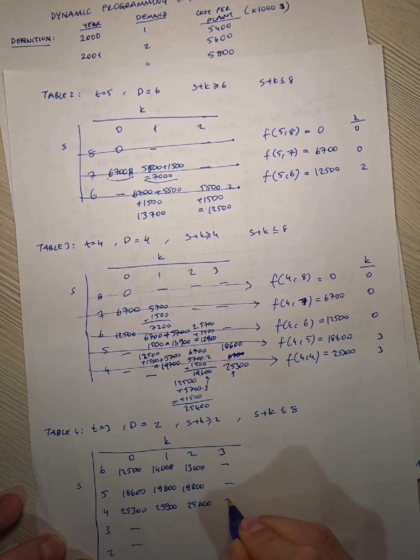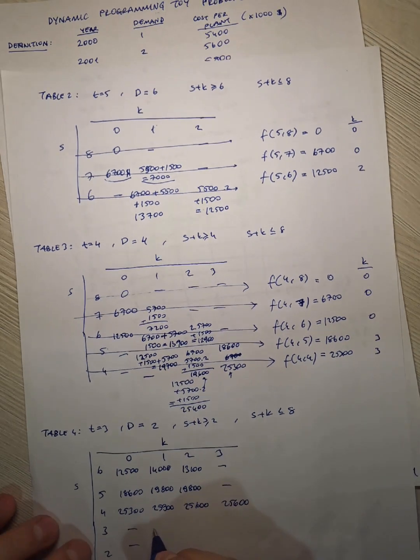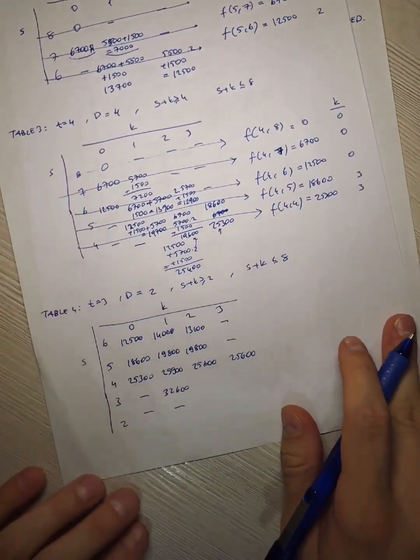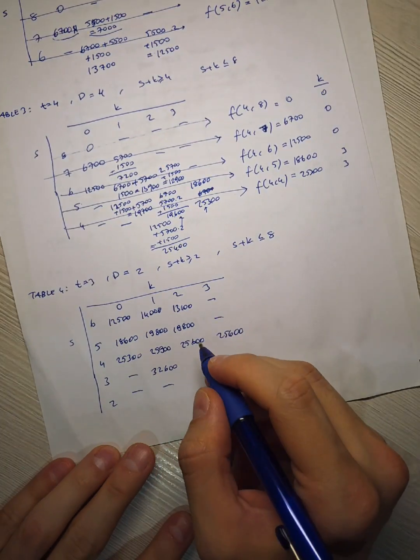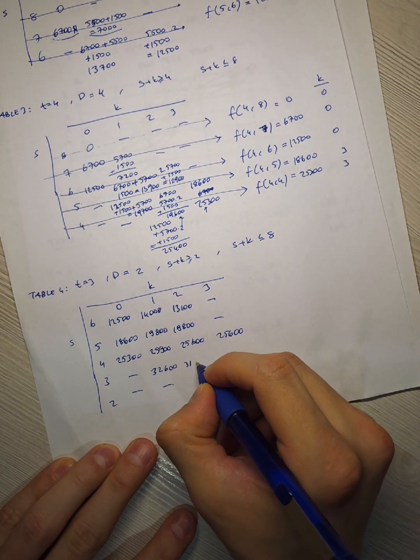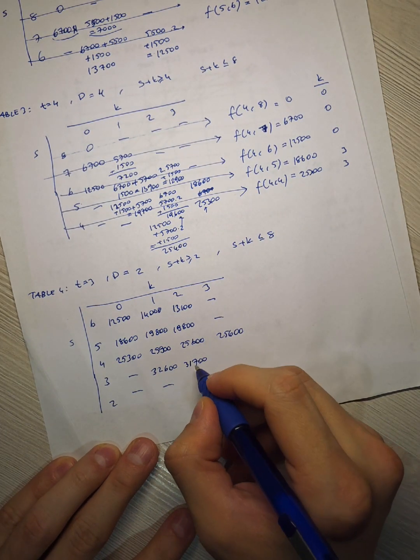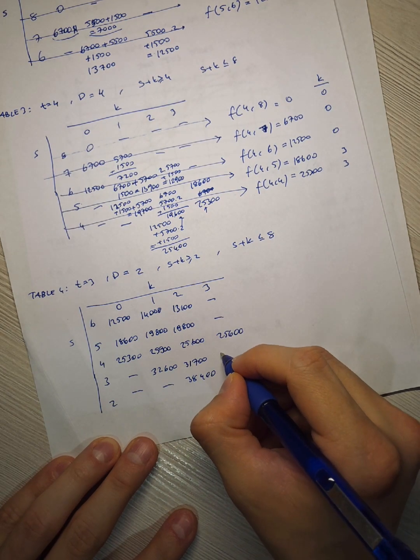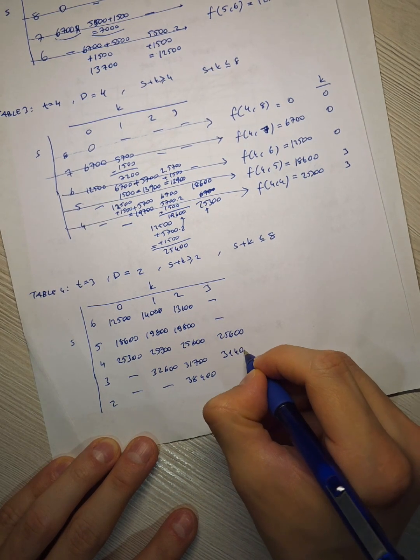If you put 3 plants, it's $25,600. Okay, 32,600. 31,700, 38,400, 31,400,